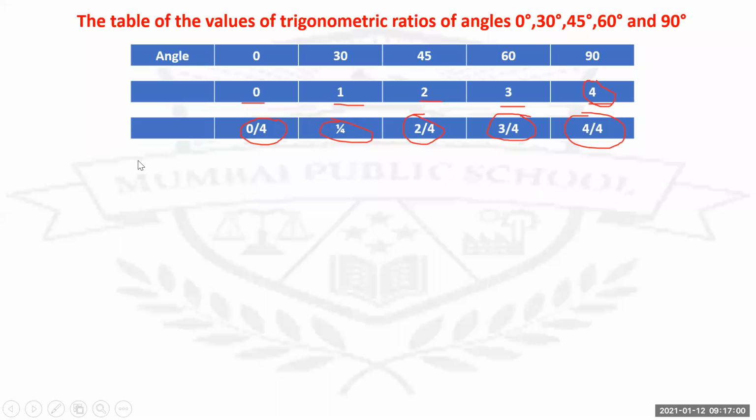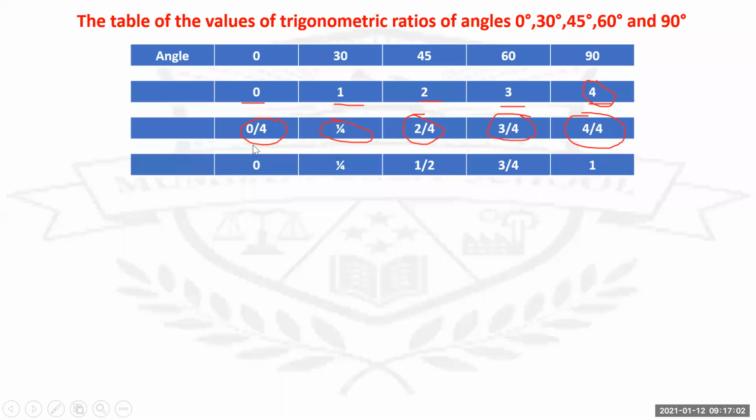Now, after that, once you simplify, 0 upon 4, the answer is 0. 1 upon 4 would be written as 1 upon 4. 2 upon 4 will be reduced to 1 upon 2. 3 upon 4 will come as it is, 3 upon 4, and 4 upon 4 would be equal to 1. Is this clear? After this, check what I've done: I've written 0 to 4, divided with 4, and after that